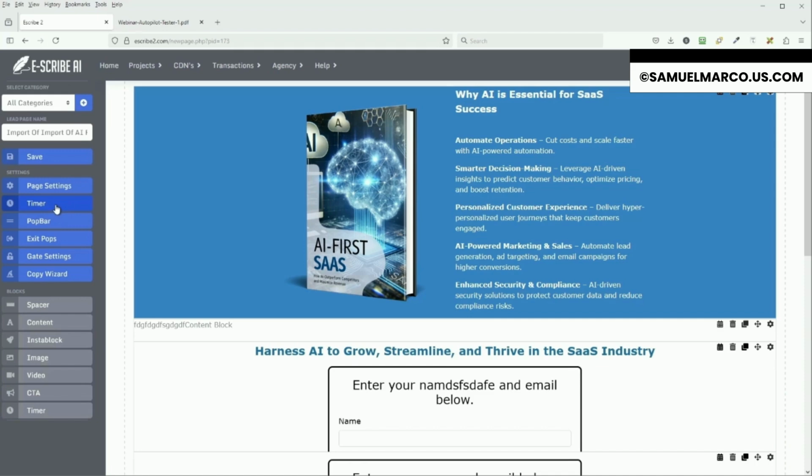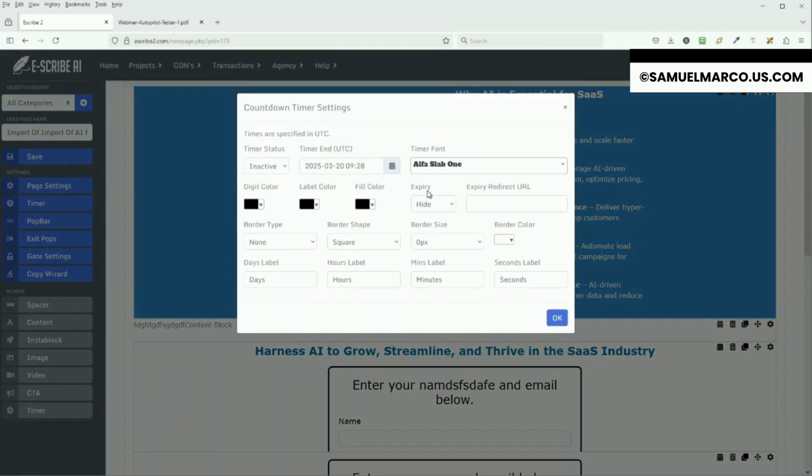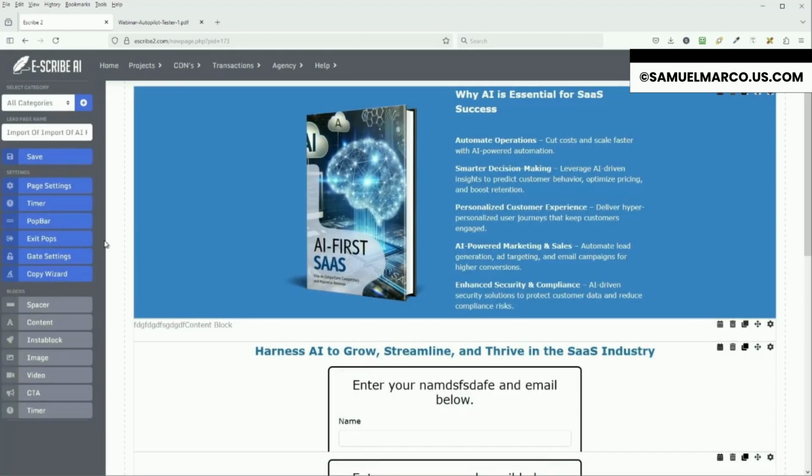The timer lets you set the countdown timer details and lets you set what happens when the timer expires. Very, very useful for creating urgency. We can have pop bars, which are sticky bars at the top or bottom of the page. We can have exit pops, so that an exit pop appears with your text and button when someone tries to